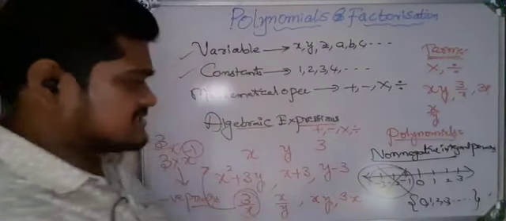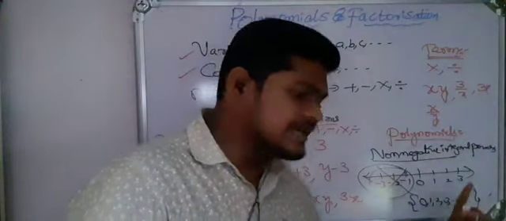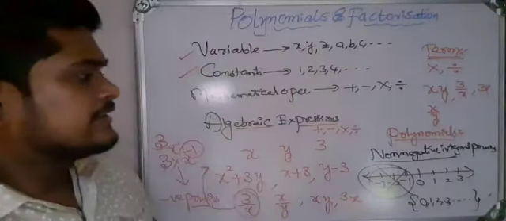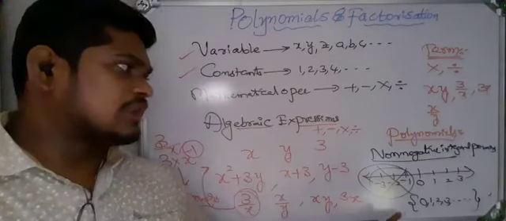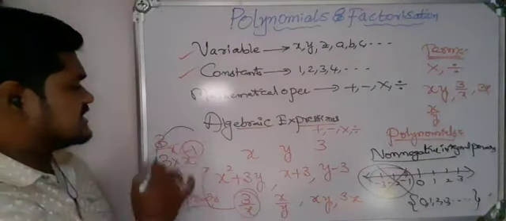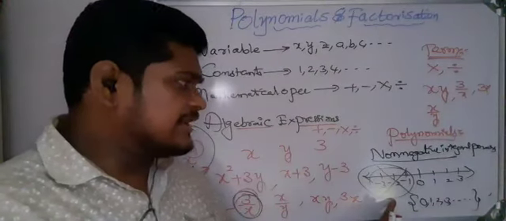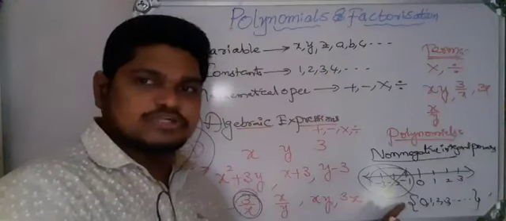That means in polynomials we have non-negative integral powers, that is the powers 0, 1, 2, 3 and so on. This is the condition that differs between algebraic expressions and polynomials, but in algebraic expressions there is no restriction, negative or positive. Here 3 by x is there, which we write as 3 into x power minus 1, so the power of the variable is negative. For a polynomial, you should not take negative powers.